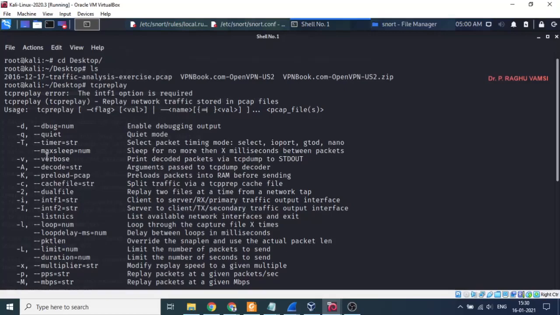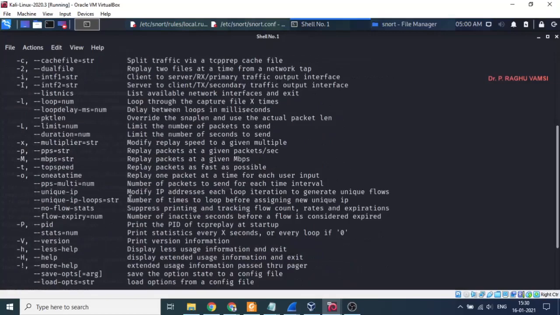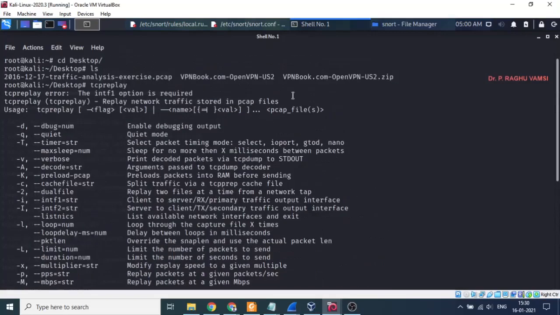You can see so many options are available here, and we need to supply the PCAP file so that it will be run on our computer as if it is really happening on our computer. That means this traffic was already generated somewhere, but we are rerunning it as if it is happening on our computer.